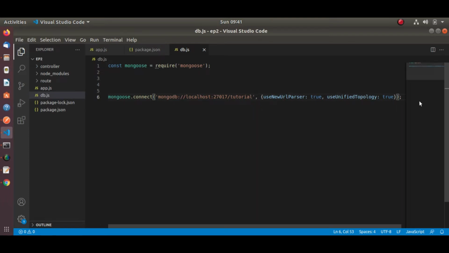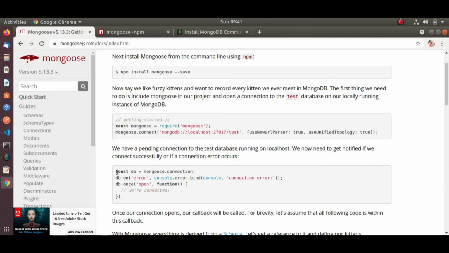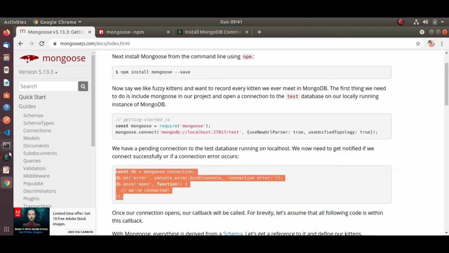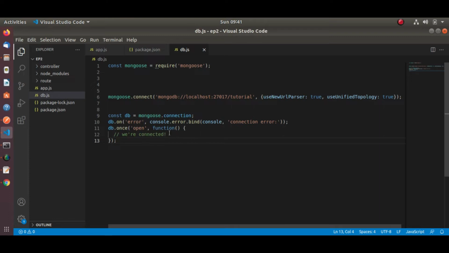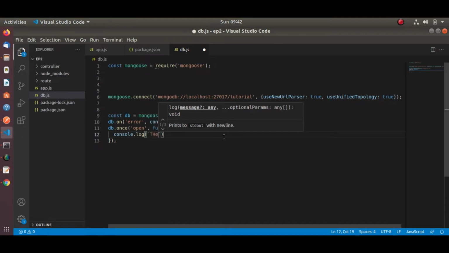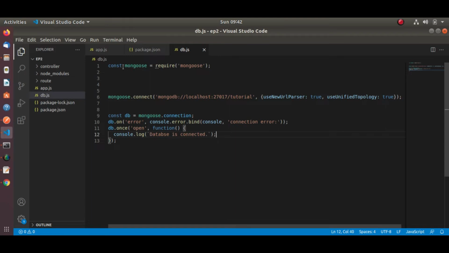These are the default options you can use. After that, write one console message so that we will know whether the database is connected or not. So in this way we can prepare our connection file.